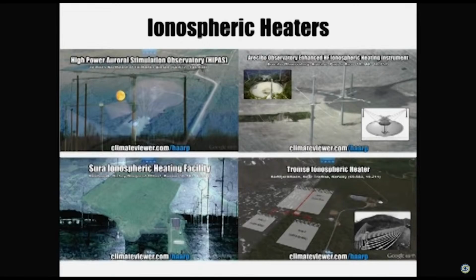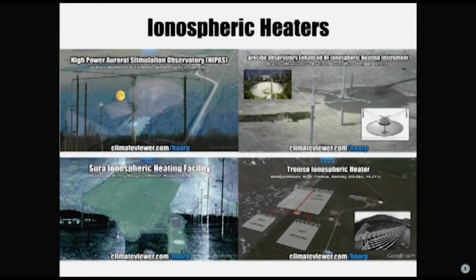High Pass, the one in the top corner, has actually been torn down. It was the predecessor to HARP, and before that it was Seipel Station. I don't mention it here. But HARP is the big daddy today. The other three there are kind of cool, but they're second best for the moment.